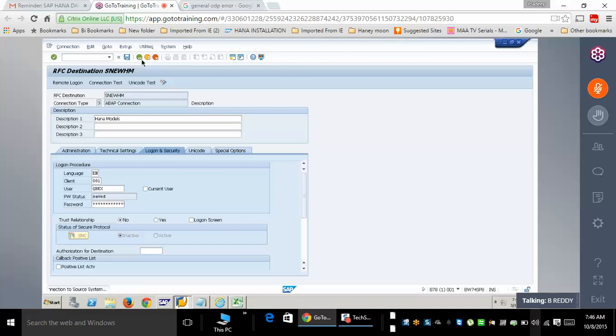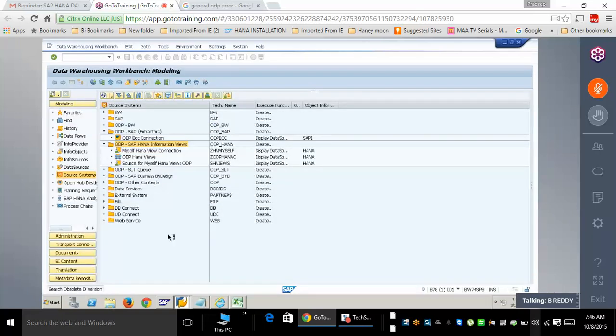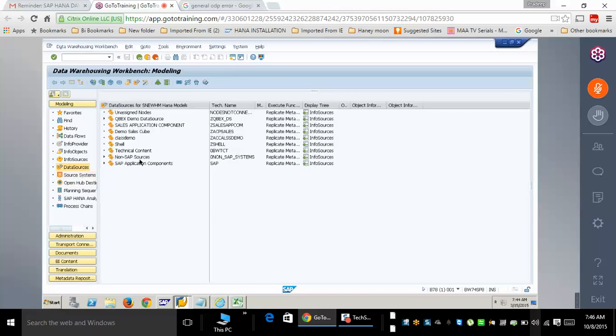See, the connection is based on RFC, but using that connection, you will consume HANA view as ODP provider. The data source enabled as ODP is leveraged as ODP provider, but here it will be HANA information views. If you go to data source, and if you create data source,